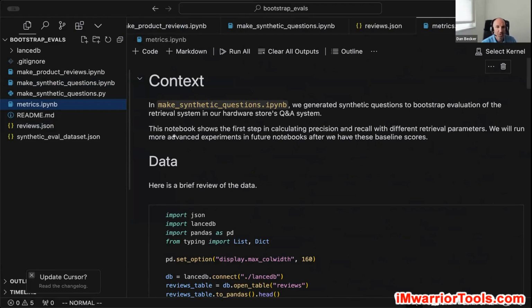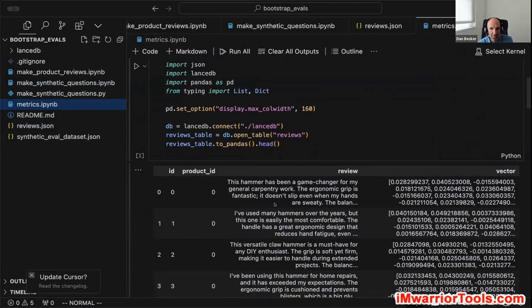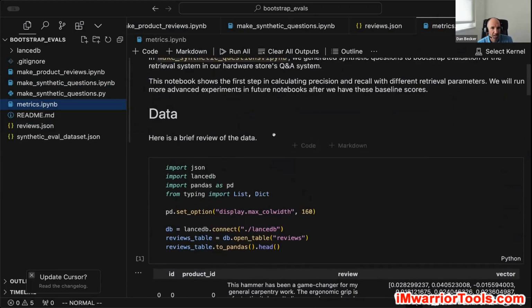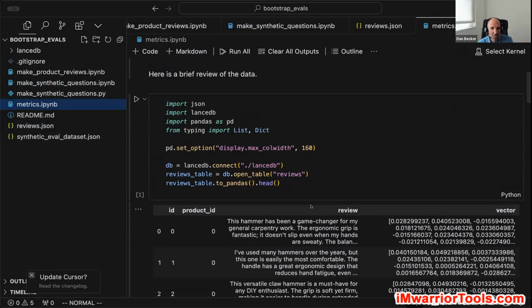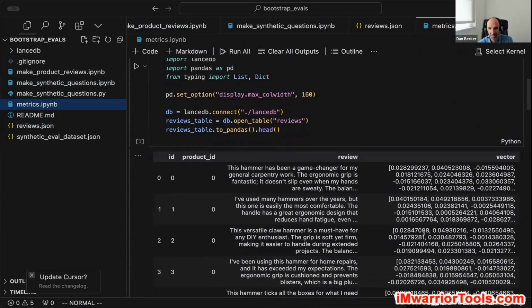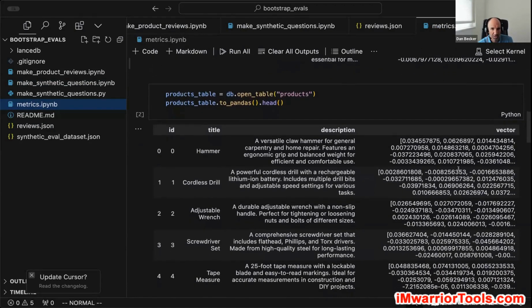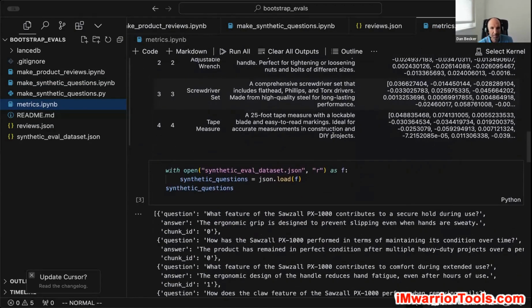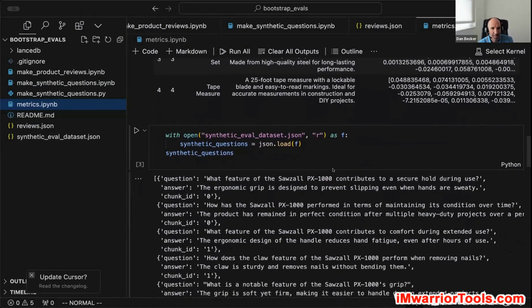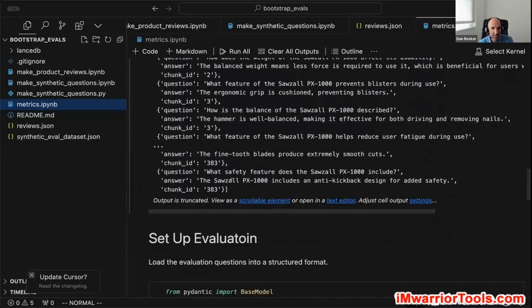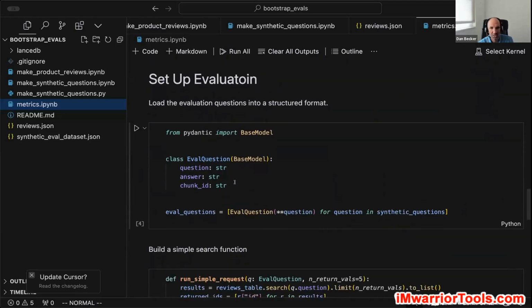So now we can load those pairs of chunks, questions and answers. For the reviews, we're going to want to look those up. So here I've calculated embeddings of those. And we're just going to look at those. Here's the products table. Here is the raw data we just looked at. And I'm going to set up evaluation. So that is first loading this data into a structured format so that we can run